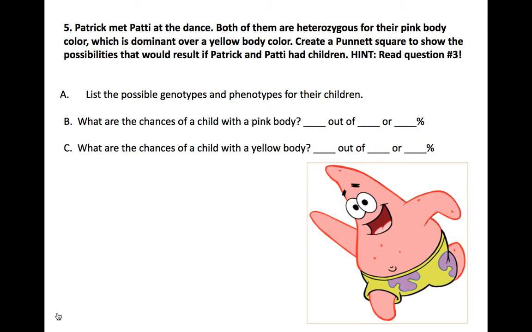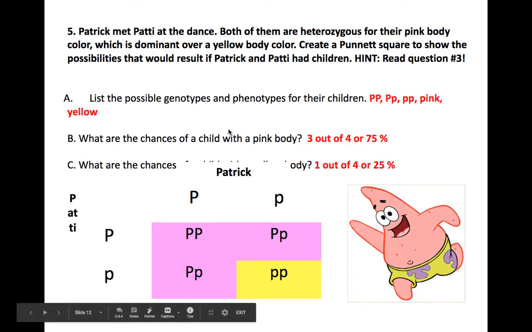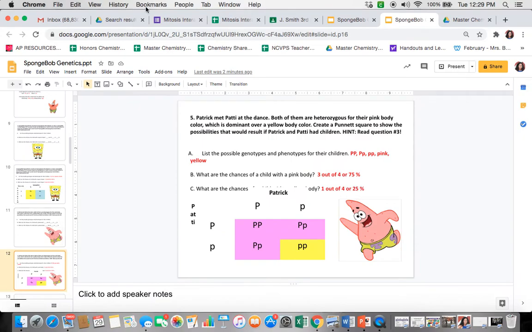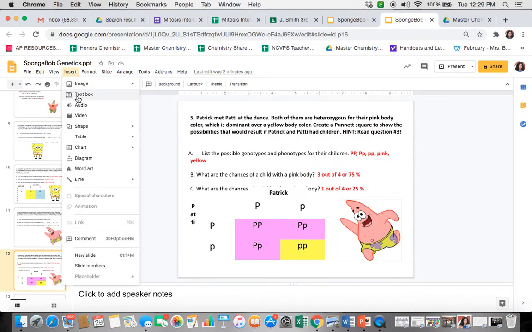Our next question is about Patrick and Patty. Patrick and Patty met at a dance, and they're both heterozygous. So for that example, they're both going to be